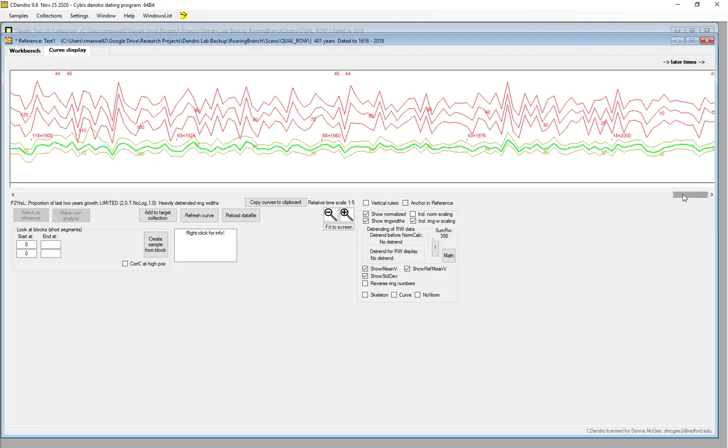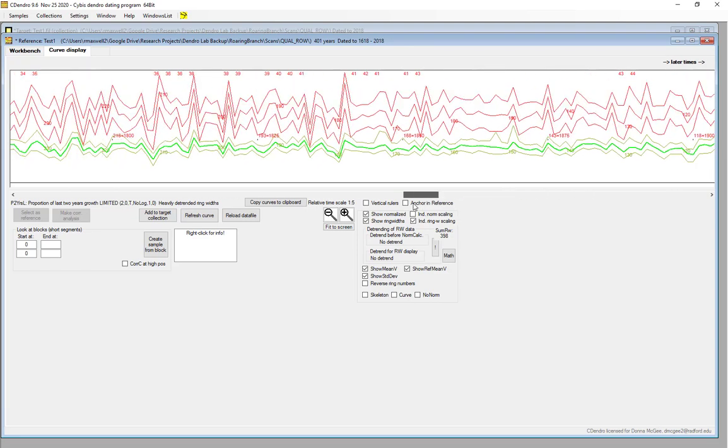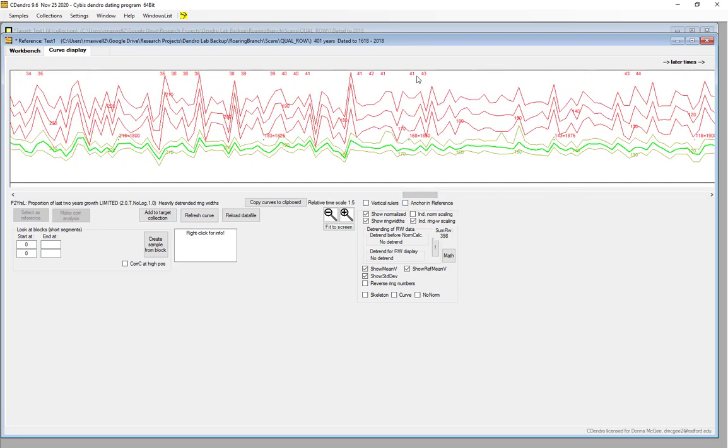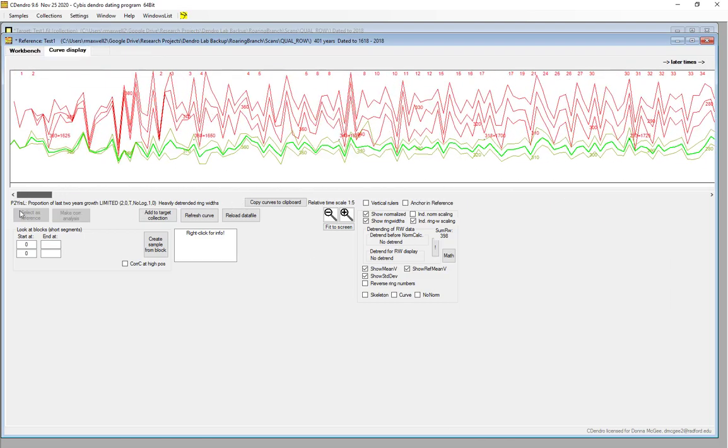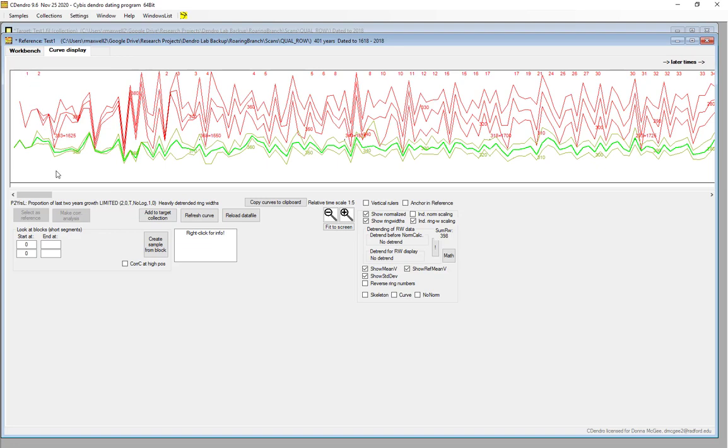So we can see this is the growth series through time. The numbers here on the top represent the sample depth at a given year. In 1825, we have around 39 or 40 tree ring series. As we go back in time, the sample depth begins to drop, and we've only got one or two going back towards the early 1600s. But we can take this reference and then date other trees against it.